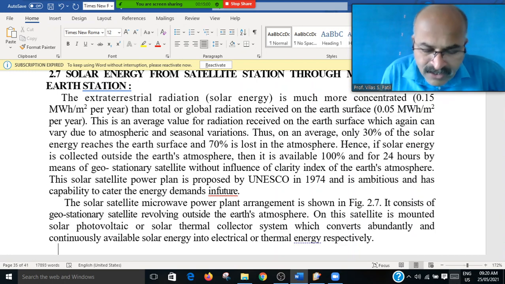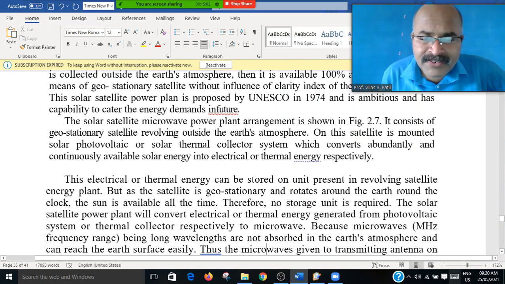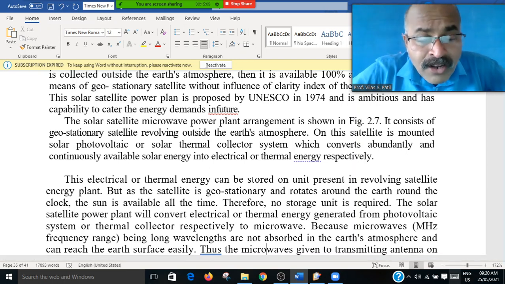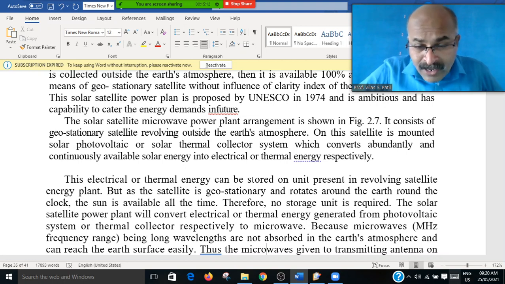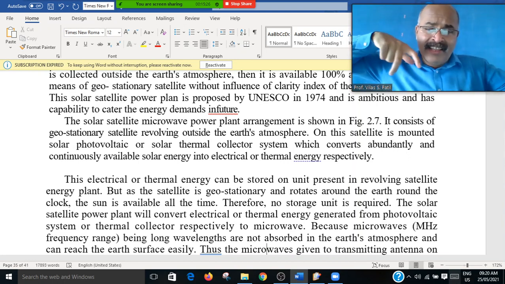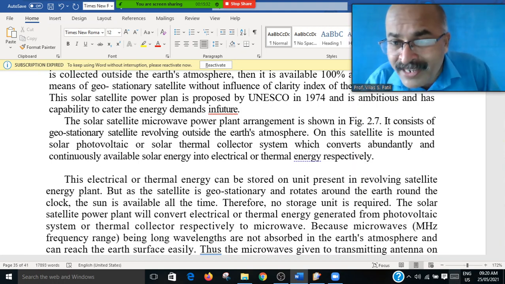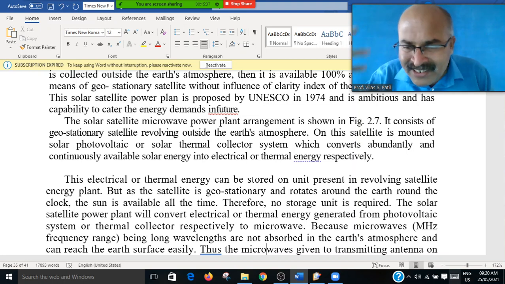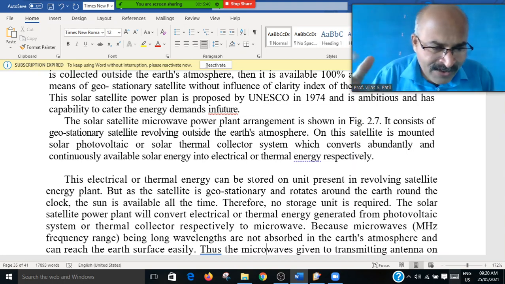The solar satellite or microwave power plant arrangement is shown in the figure, and it consists of a geostationary satellite revolving around the earth atmosphere, and on this satellite the solar photovoltaic or solar collector is mounted. Solar panels are to be mounted, and they will rotate around the sun in their orientation or in their orbit, and they will be slowly oriented around the sun, and they will collect the solar energy from the sun, and they will be converted into